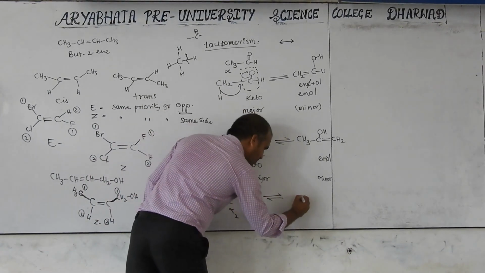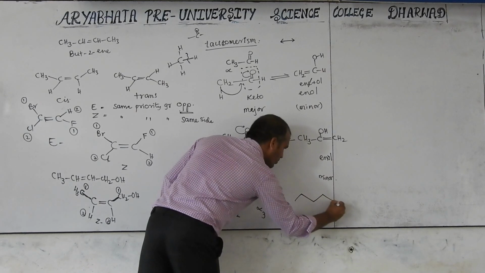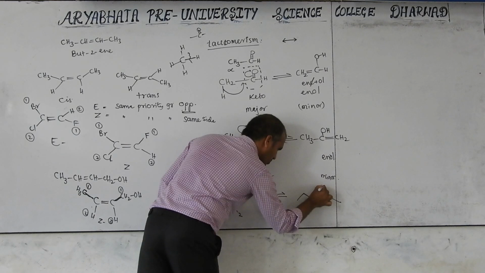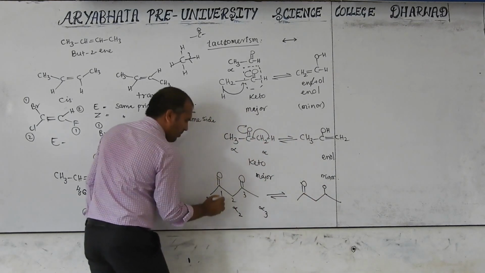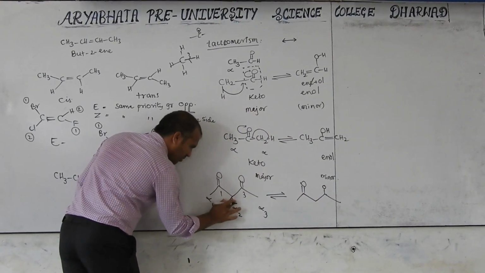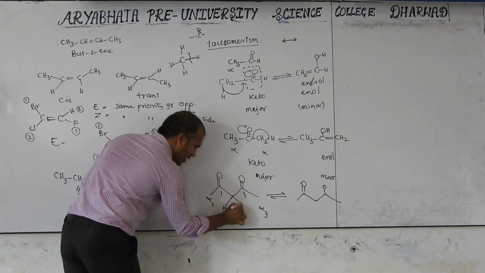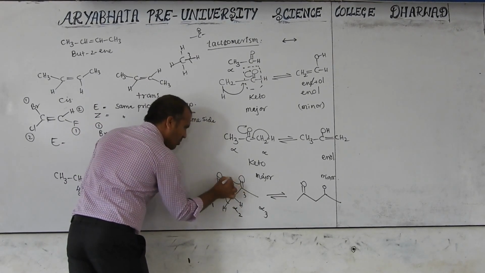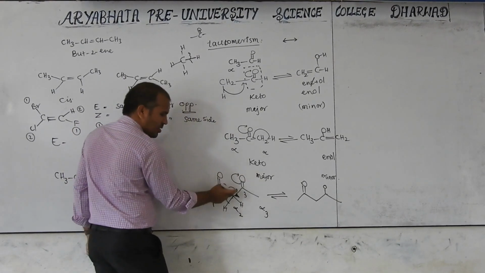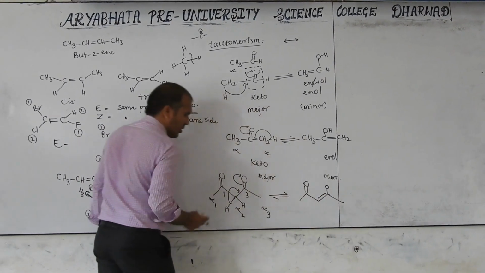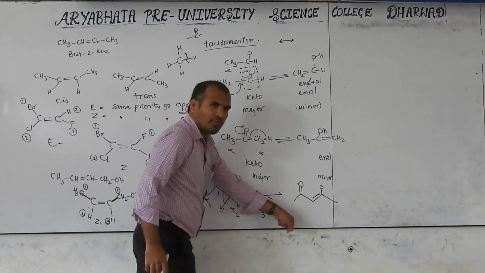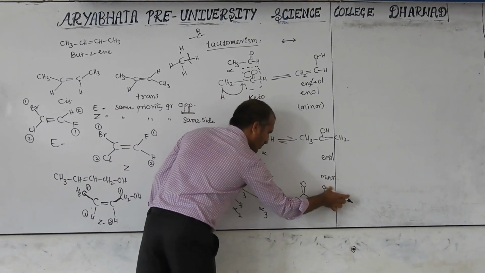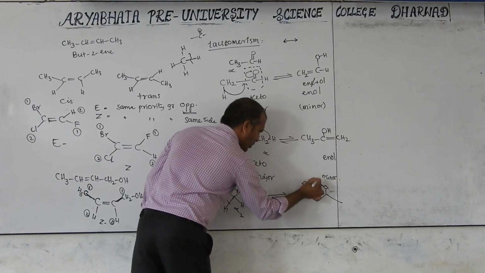Therefore, it forms the enol. I will write this first. See, for your understanding, I am writing the hydrogen separately. CH2 is actually carbon with CH. This hydrogen will come to here. This will come to here. Then this is a double bond. Double bond. One hydrogen, no need to represent here. If you want, represent it, no problem. O and H. This OH.